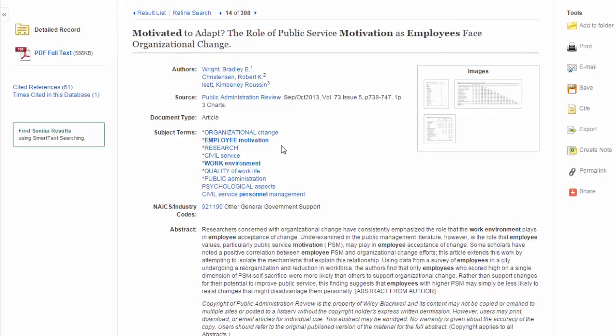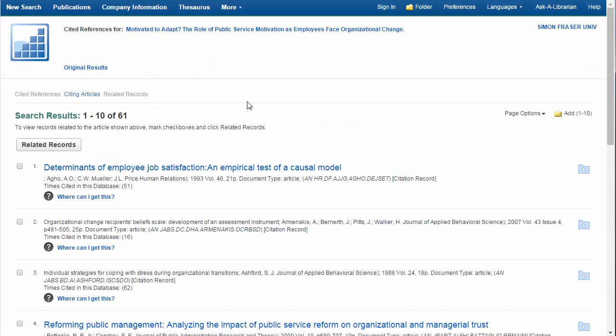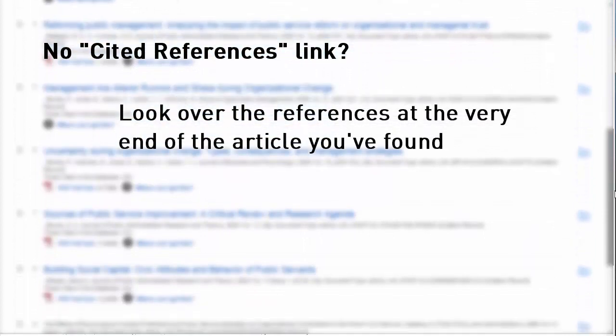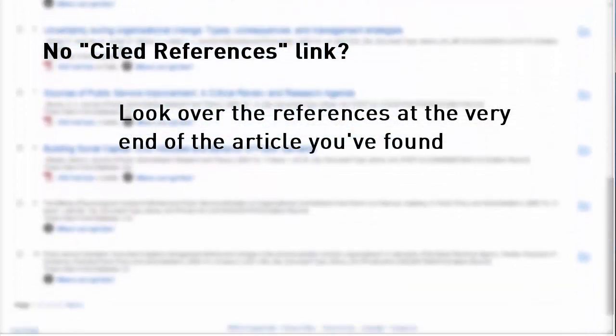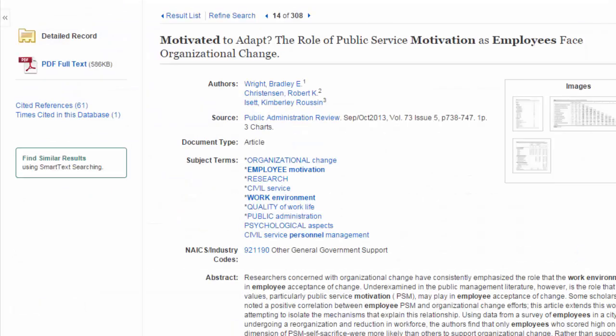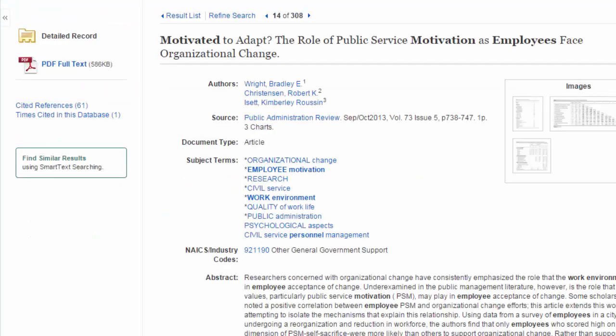Business Source sometimes, but not always, includes a link to the cited references in many academic articles. Even if there isn't such a link in the database, you should certainly look at the references once you find the actual article. The article's authors are usually experts on the topic, so the articles and books they refer to are often extremely useful. However, the problem with cited references is that they're all going to be older than the article you're looking at. Sometimes Business Source includes a link called Times Cited in this database. Click on it to find out which newer articles have mentioned the same article in the reference lists. You'll usually see this link with articles that have been published very recently.